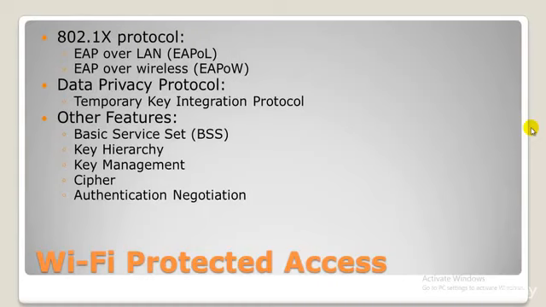The decision was made to take the stable parts of the upcoming 802.11i standard and implement them into a standard that would provide wireless security until 802.11i was finalized. So the standard takes these elements of the 802.11i protocol and puts them together to increase the security provided